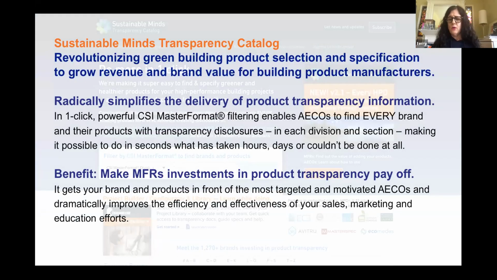And our intent with the transparency catalog is really ultimately to help revolutionize green building product selection and specification to grow revenue and brand value for building product manufacturers. And the way we're doing it is to radically simplify the delivery of the product transparency information, make manufacturers and their products findable using the standard MasterFormat aligned with MasterSpec, the specification paradigm that people are familiar with,